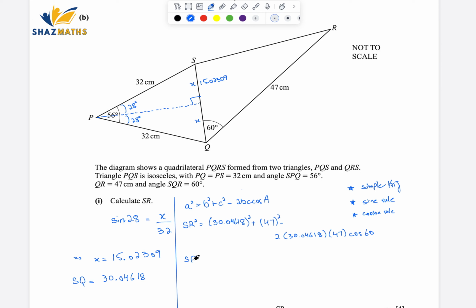So solving it out, it would be 30 point blah blah blah square plus 47 square, that is